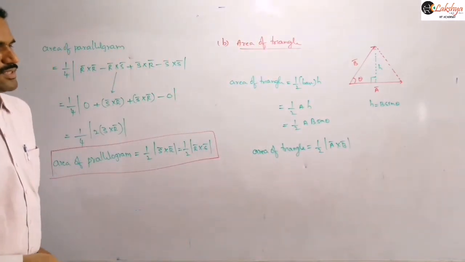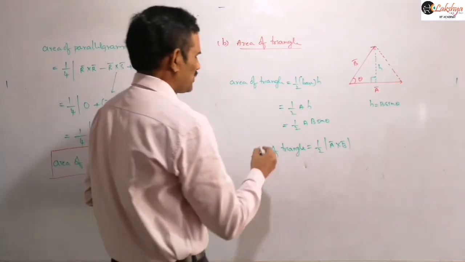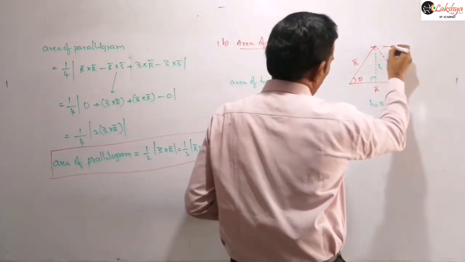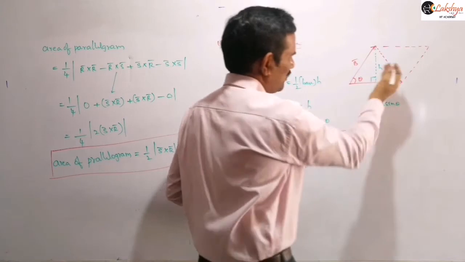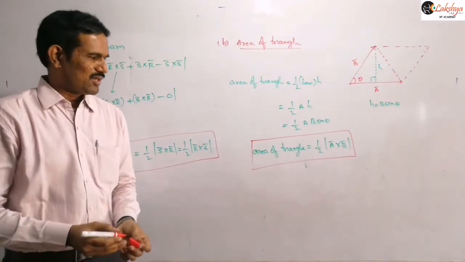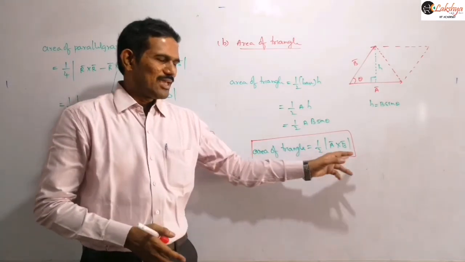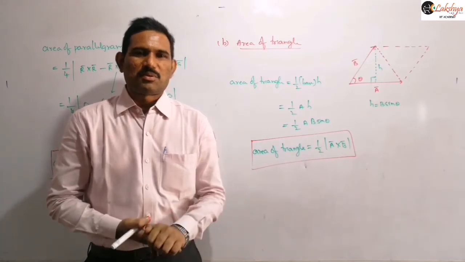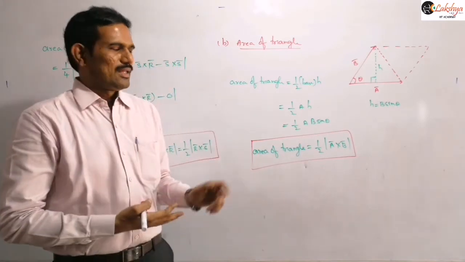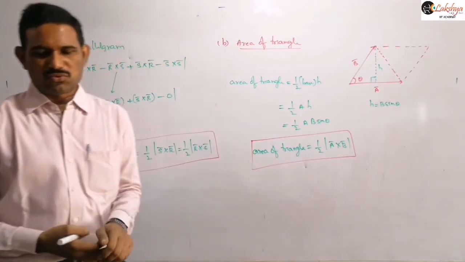Got it? So that is the area of this triangle. It is nothing but half of the area of the parallelogram, because if you form the complete parallelogram you will get it like this, and we are finding just half of that. This is the general procedure for finding the area of the triangle. So our conclusion is, if A bar and B bar are two sides of the triangle, then its area is given by half of the magnitude of the cross product of those two vectors, right?